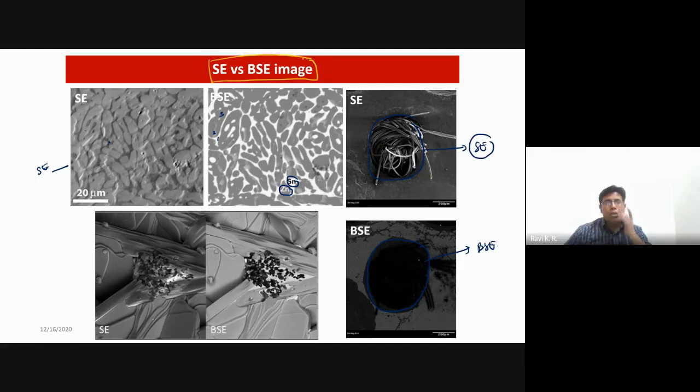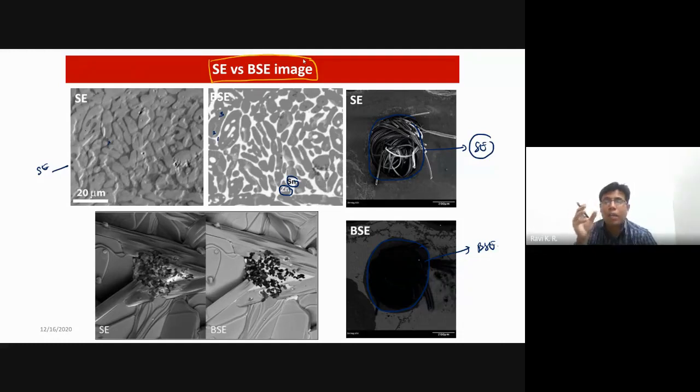Maybe a person who works in biology may not require backscatter electrons. Very rarely they need backscatter electrons. The people who work in material science need a lot of secondary electrons. In general, we need backscatter electrons also. We use them in many different applications, especially in metallurgical samples. We do use a lot of backscatter electrons to understand